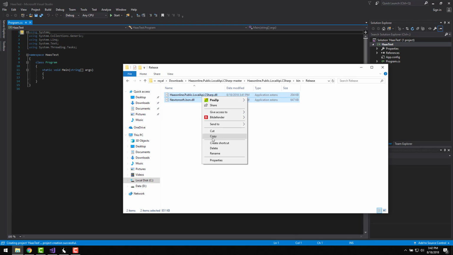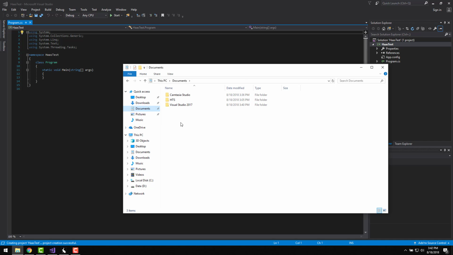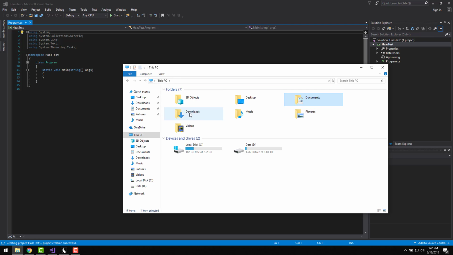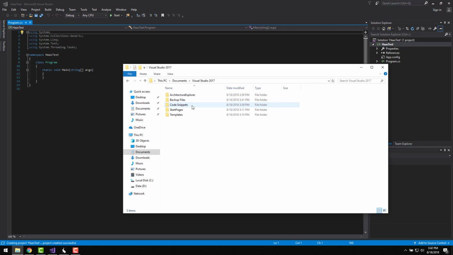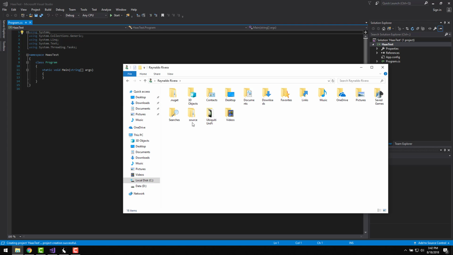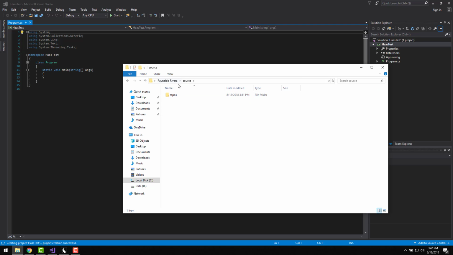So I'm just right click copy, navigate to where this project is, and if you pick the default like me, it's going to be in Documents, Visual Studio 2017. Well, I thought that's where it would be. Let's try this. Go to my user, source. Yeah, so user source, repos, Haas test,